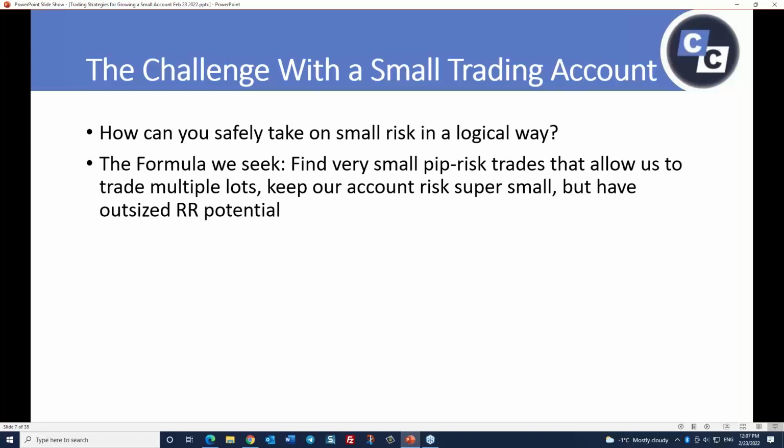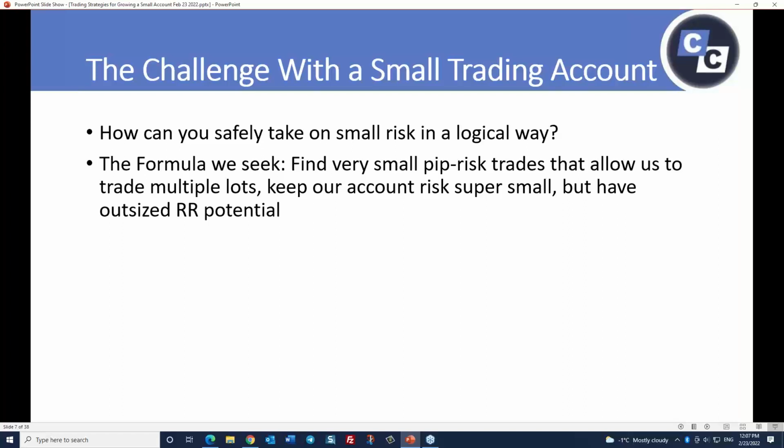And that's what today's going to be all about, and how you can take a small trading account and grow it relatively quickly in a low risk way, okay? But with the ability to trade enough lots that you can have a chance at increasing your account size safely. And I'll get more specific about this shortly. So just coming full circle, if the small account issue is the case for you, then this is why I'm doing this webinar. You're in the right place. I want to help you specifically. Okay, so let's take a deeper look at exactly how we take on